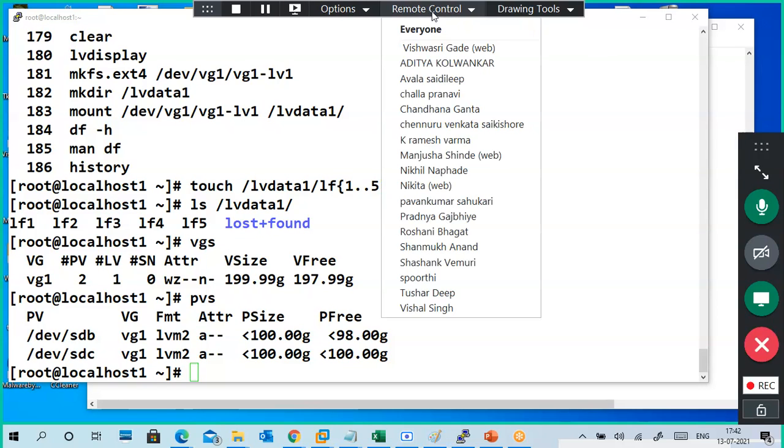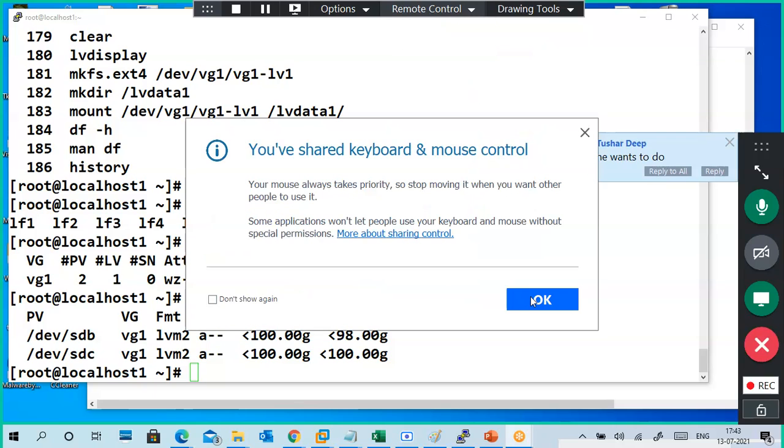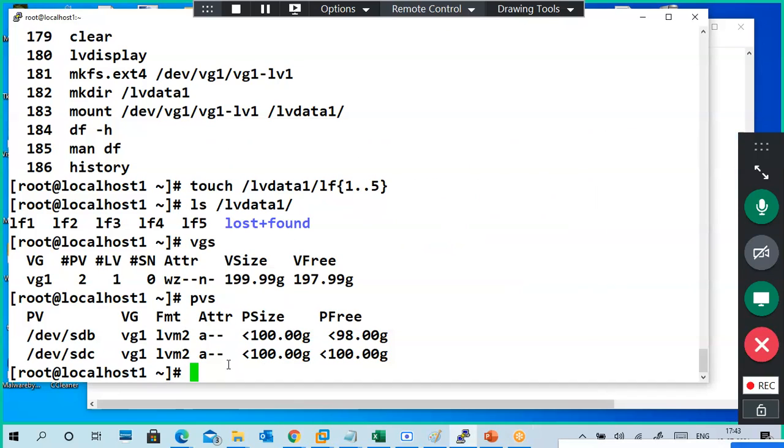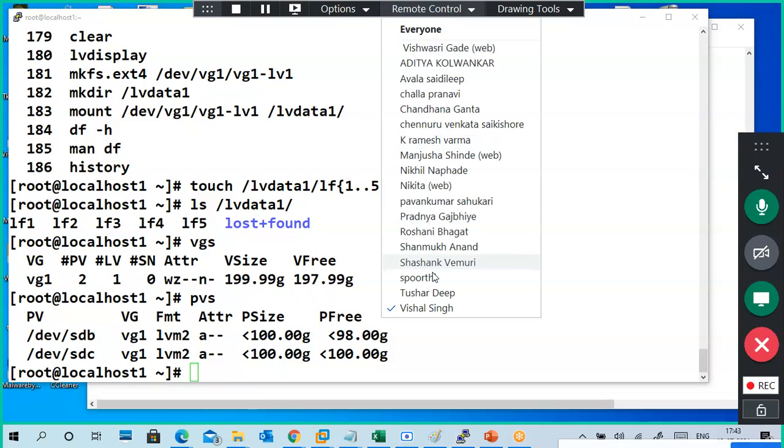Remote control to Vishal Singh. Okay. Sir, not to me, please. Then we'll give it to Nikita. Who is better? Choose anyone. Nikita is better. Nikita is in web, not in PC. We'll go to Roshani. Roshani, are you ready?